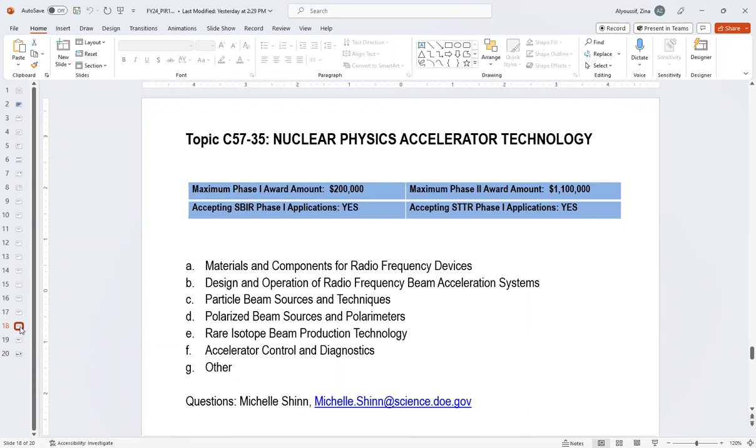For particle beam sources and techniques, we have polarized electrons and polarized ions. In particular, the light ions can be very highly polarized, and that of course decreases along with the atomic number as you get heavier. But nonetheless, we're looking for longer lived and better electron and ion sources. Also looking for new quench protection systems for high temperature superconducting magnets and such, which will benefit our nuclear physics facilities. So as you can imagine, all four of them could benefit.